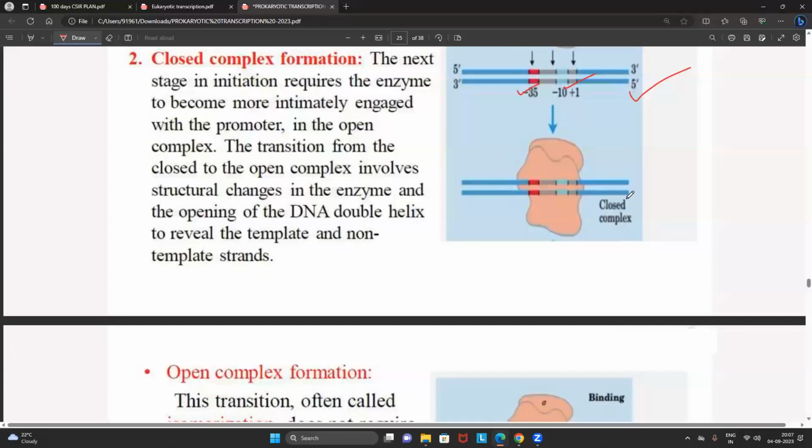My friends, listen to my statements very correctly. This is called closed complex formation. When do we call it a closed complex? When it is attached very tightly. But friends, listen to my statements very correctly. This is what site? Every student follow me. This is called INR, the initiation region. Friends, RNA polymerase enzyme has to come here compulsorily. When it comes to the INR region, then only it will start the process of transcription. But what happened here? RNA polymerase enzyme is locked here because the sigma factor is tightly attached to the promoter. As a result, we call it the closed complex.